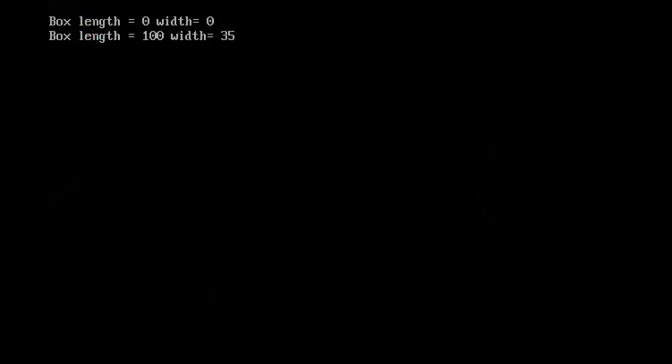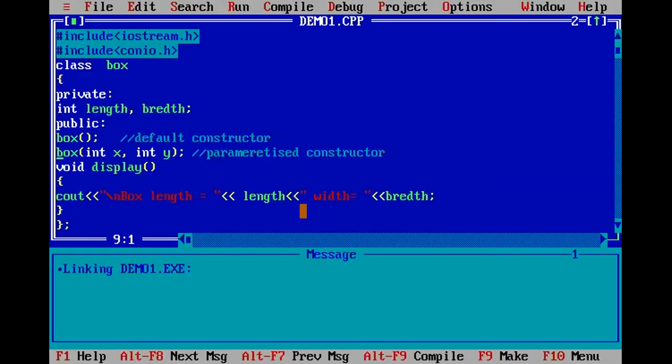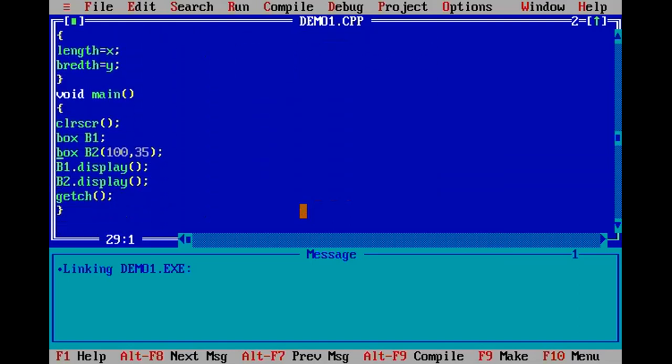See, both the constructors are running. Now I will create one more object. Let us see in the main with another one, right? So this is for object one. Right? This one,